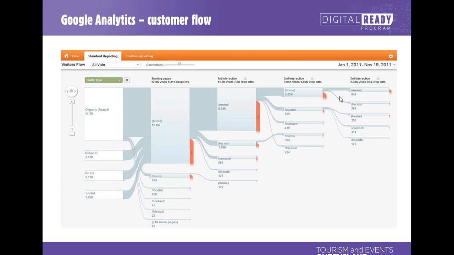If that's not happening, or if a lot of it is dropping off at one of these stages, then again you might want to have a look at your page and try and work out what is stopping them from taking the next step. Have you not got enough calls to action? Is it too confusing? Have you got too much information? Is the page too hard to read? I don't know. Is it information below the bottom of the screen, below the fold? Have a look at where they're falling off and think, how can I improve this page? There are tools that you can use to test this as well, which I'm happy to mention later on. I haven't got it in this preso, but happy to do it one-on-one if you want to email or phone me.